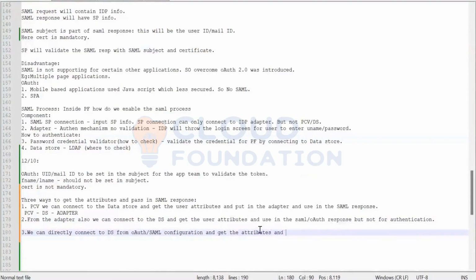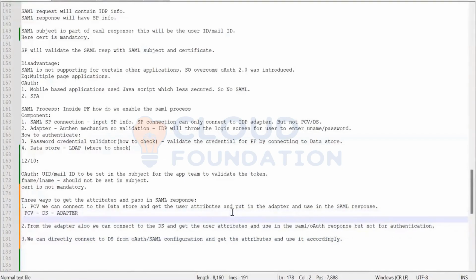Now tell me, from these three options, which one is simple and easier? Third option. We will see all the three options, don't worry, but the third option is the most reliable and easiest one.